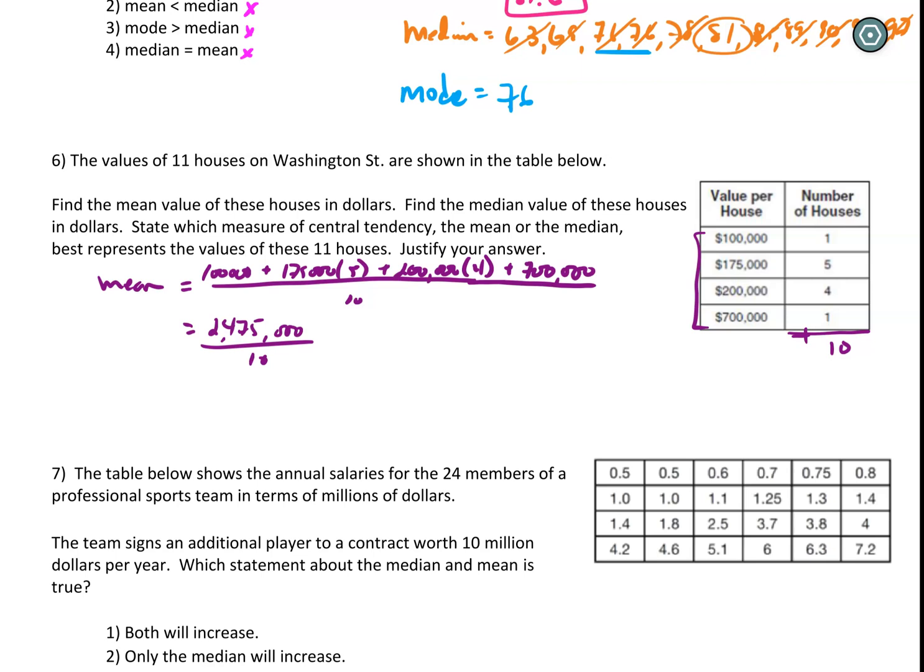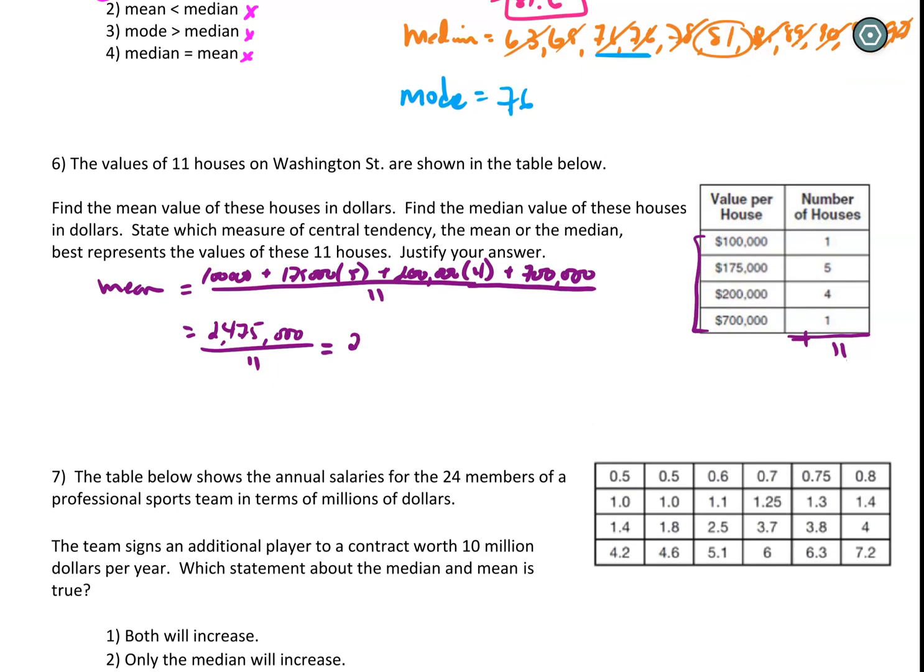Oh, I'm sorry, not 10. I'm sorry, 11. Oh, I miscounted that before. There's 11 pieces of data total. So if I do 2,475,000 divided by 11, I'm getting an average of 225,000 for that one. My median,